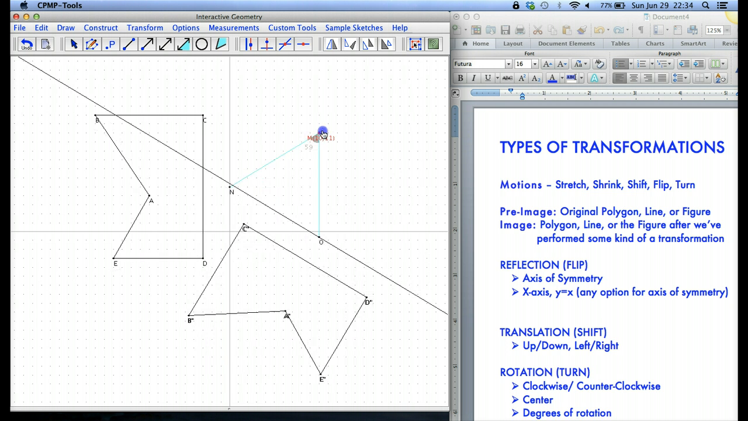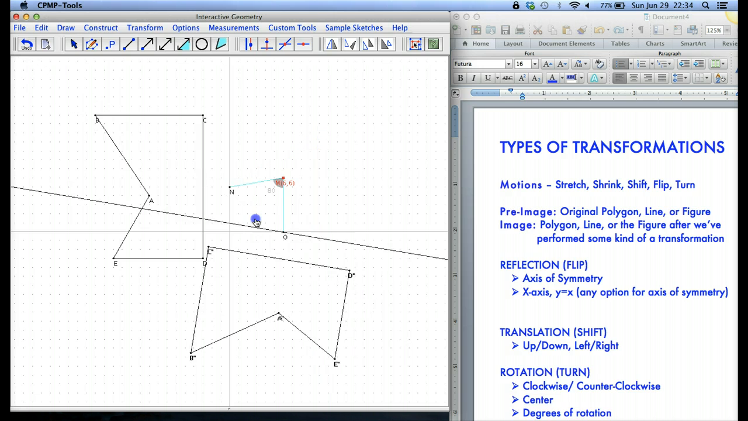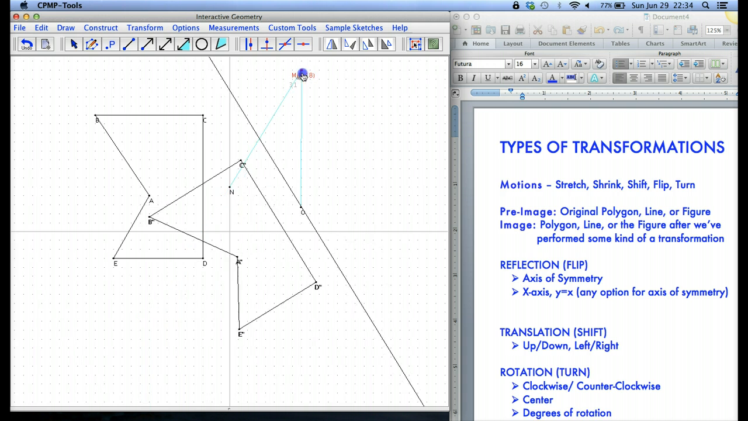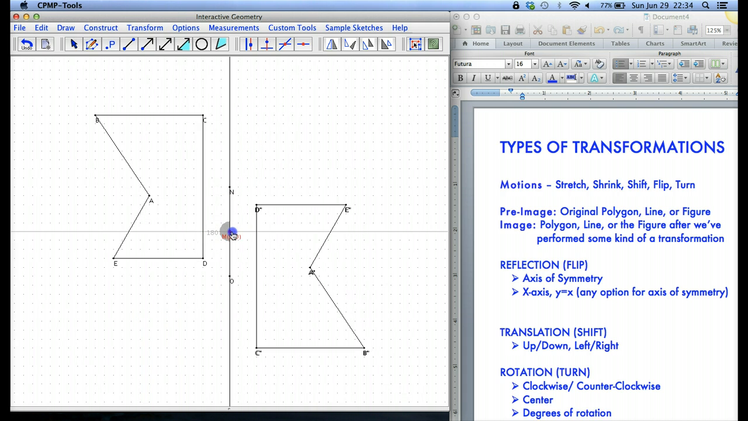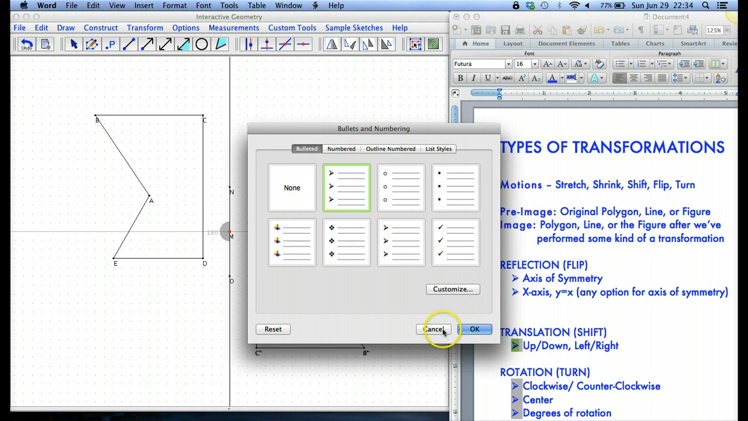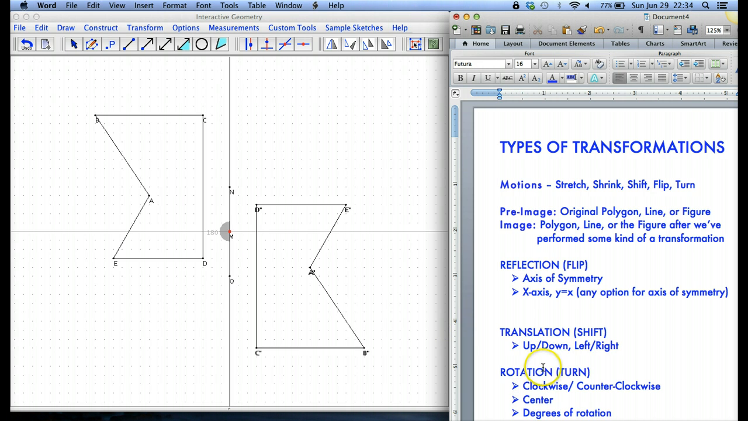So if I decide to move my center of rotation up here, it definitely looks a lot different than if it were at 0, 0, than if it were down here, if it were up there. The center definitely matters. So in this part, we've talked about reflections, we've talked about translations, and we've talked about